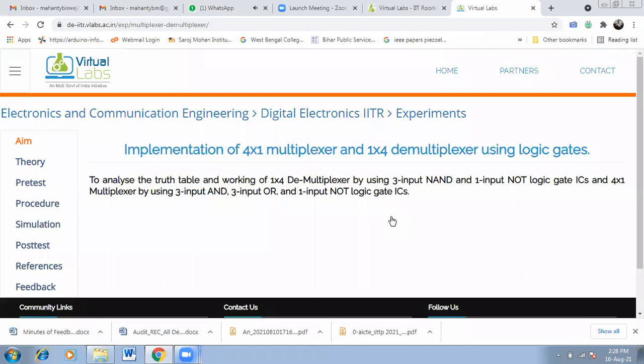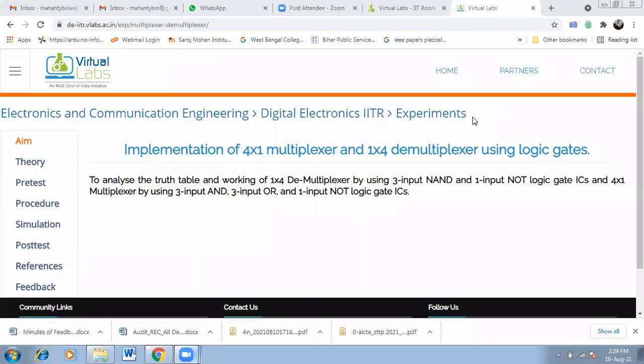What does the data selector actually do? The data selector selects the input among several inputs that will go to the output. It selects a desired input and that goes to the output without any change. So a multiplexer is a kind of parallel to serial converter. There are lots of implementations in digital communication also.